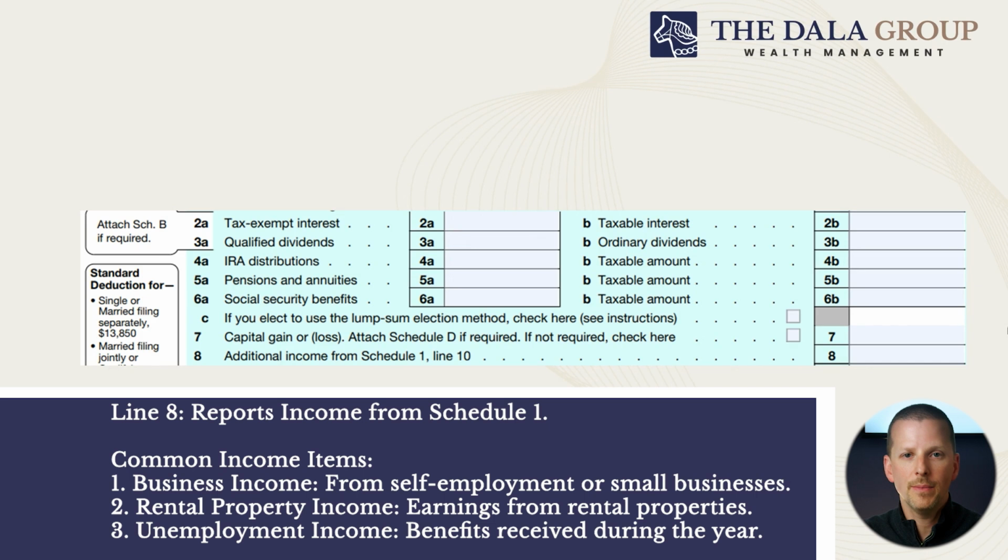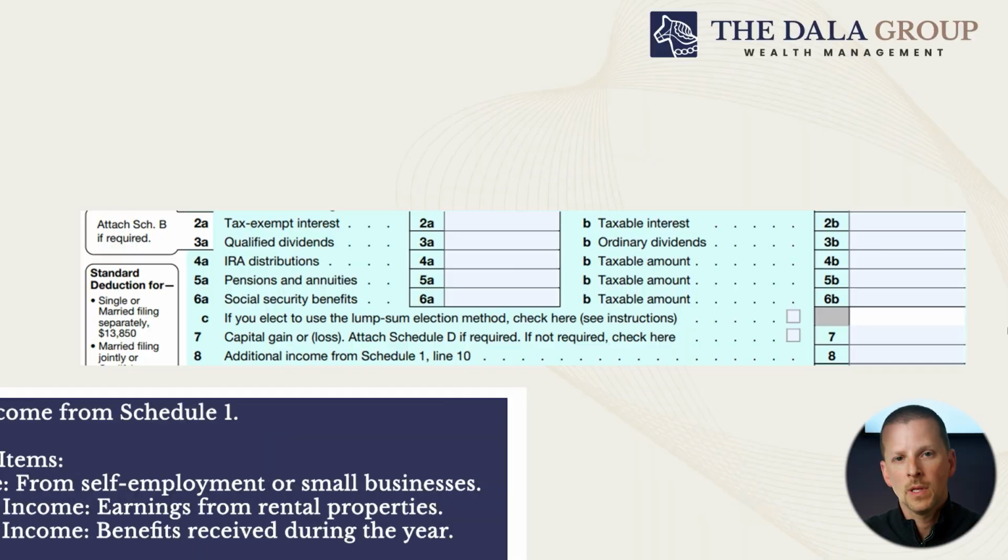The most common income items we experience on line 8 are income from a business, rental properties, or unemployment. In the case of a business or rental property, we always check to ensure the expenses associated with this income are reported. For instance, if an individual has a side business from home, we expect to see costs for internet, phone, home office, etc. New business owners often underreport their expenses because they don't realize some of the items that can be included.